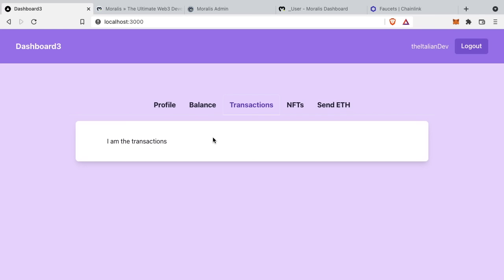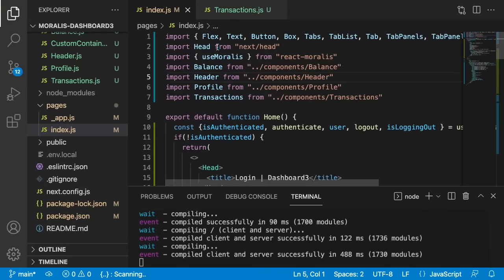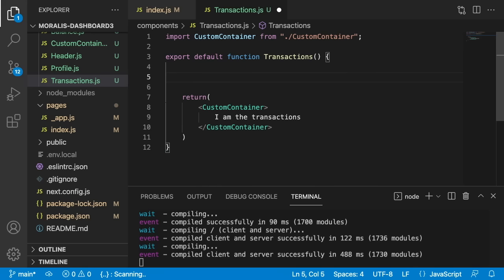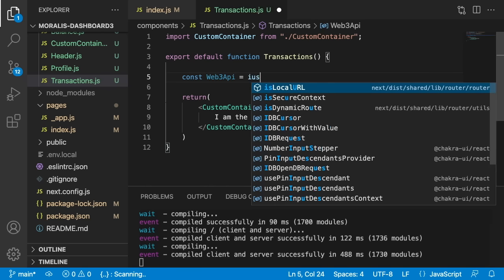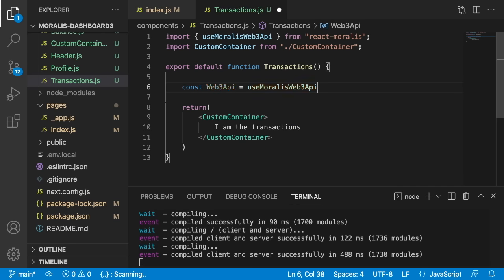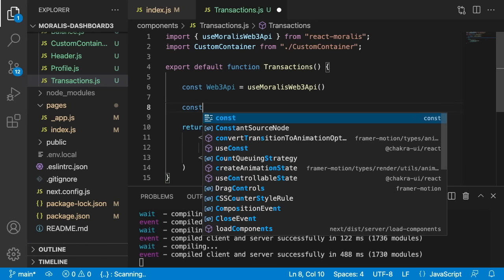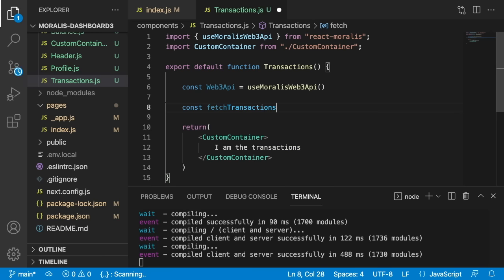So what we can do now, again, to call and grab data from the Ethereum blockchain, is use the Moralis Web3 API. So let's go back inside transactions, and first of all, let's bring inside this component the useMoralisWeb3Api context. And how to do it? const web3Api is equal to useMoralisWeb3Api. Perfect. Again, we can create a custom function,